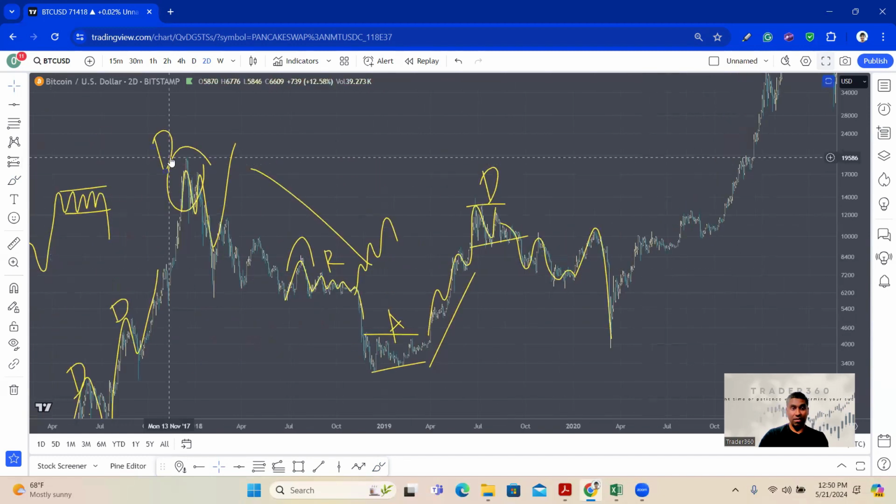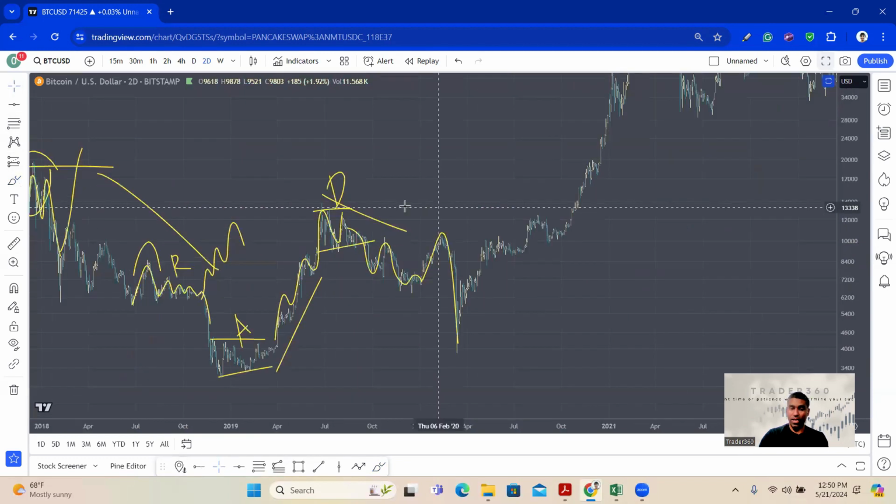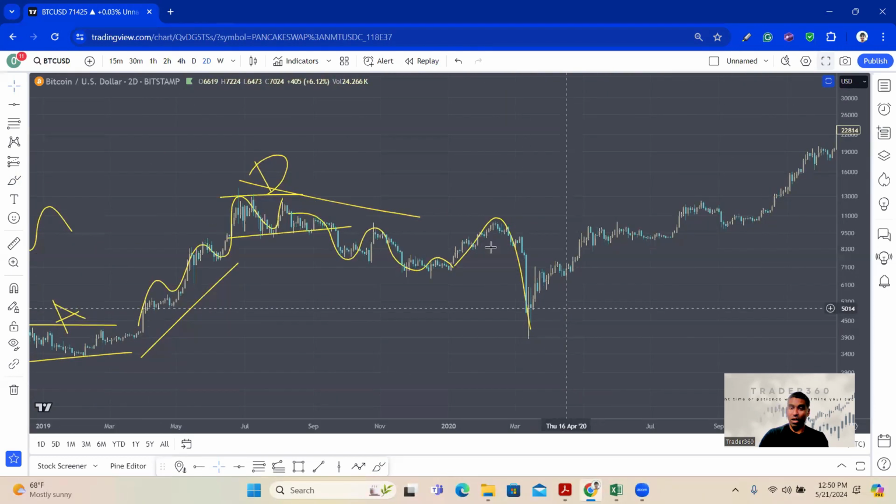Otherwise, this low, this high had to be taken, because this was a downtrend and this was an uptrend. It had to take the high, but due to the overall market conditions, it couldn't go up and it went right away down to these areas, but it could not take these areas. That's why on a bigger scale, the trend is still going on and intact. So what happens? Look at this recovery. Sometimes the distribution or the downtrend is so fast, and look, the recovery was so fast,